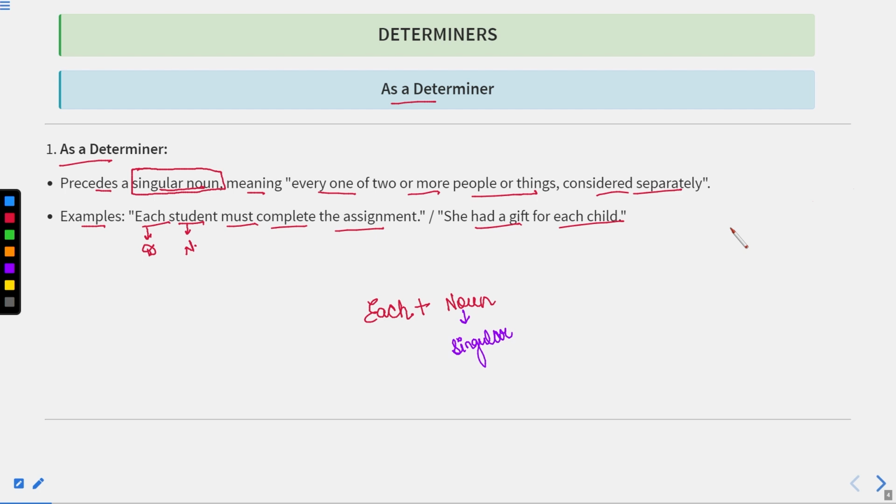In fact, every student got his own gift. Okay, so this is the meaning, or use, of each when we talk about each and everyone differently or separately. For example,